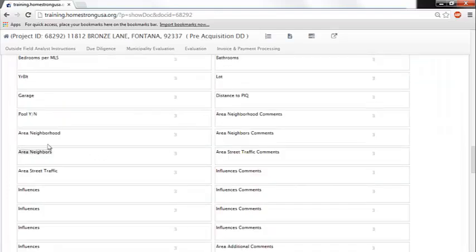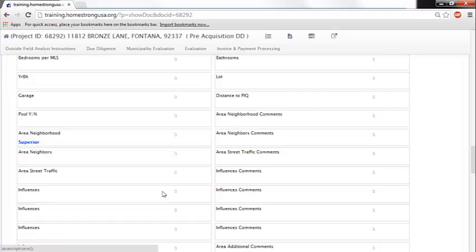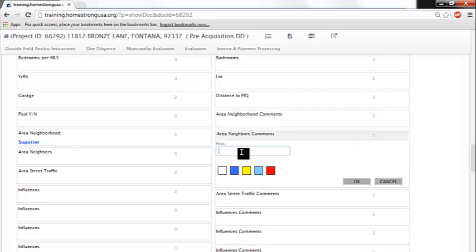So what you're going to do is you're going to tell us that the neighborhood of this property is superior. If there's any particular comments that you feel that are important, please mark them down. So superior area, let's just say better